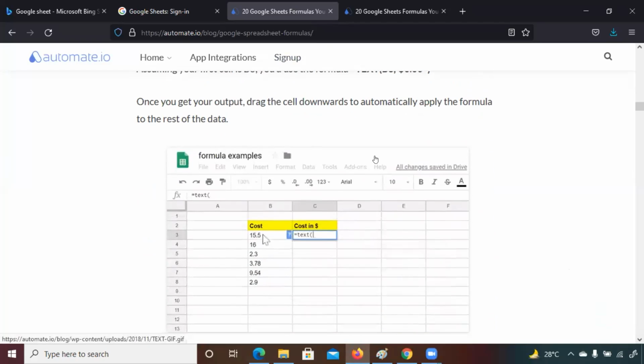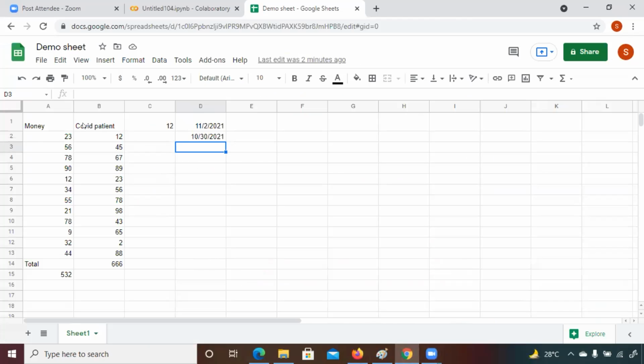You can see here in animation where they have explained, you can convert the cost also in the dollar. If you want to convert the cost, you can convert the cost into the dollar as well. Let me show you how it will be. So we will go in here. Now this is my money column, right? So I am going to select this.